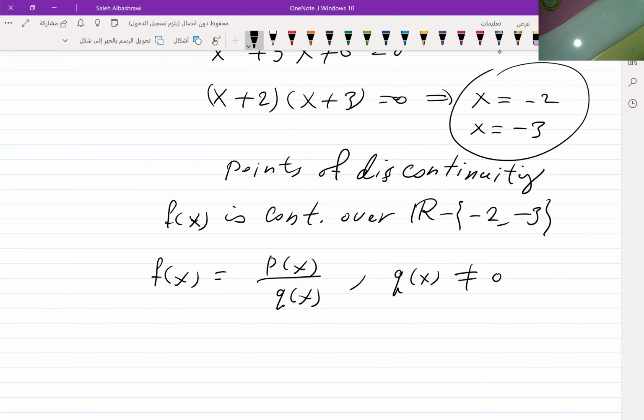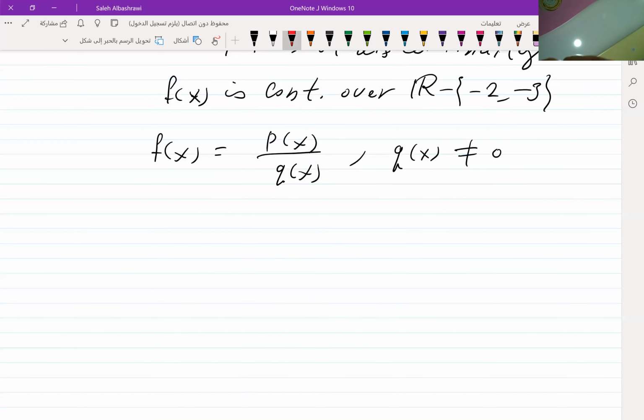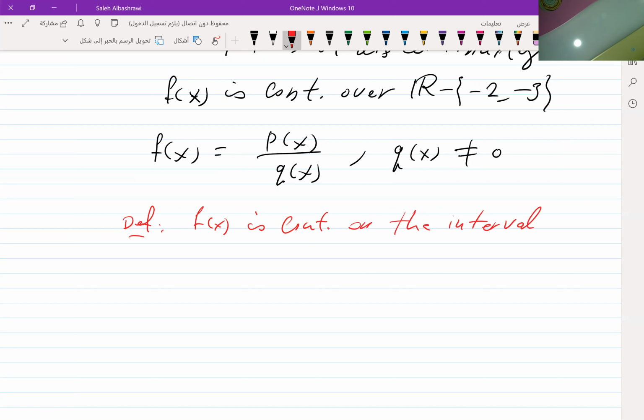Any point given in that one, we say that f of x is continuous over the interval a b. Number 1, f of x is continuous